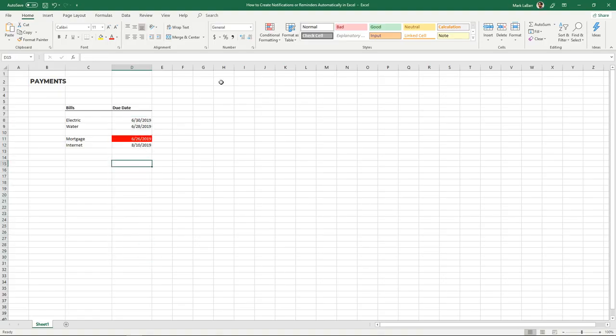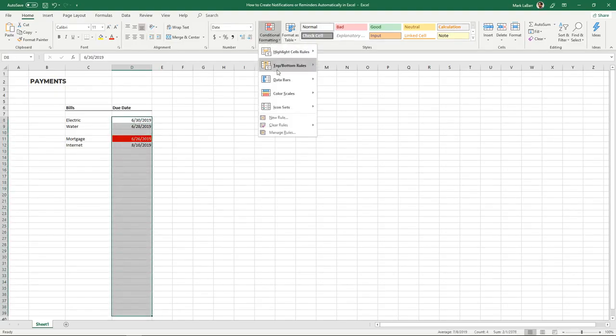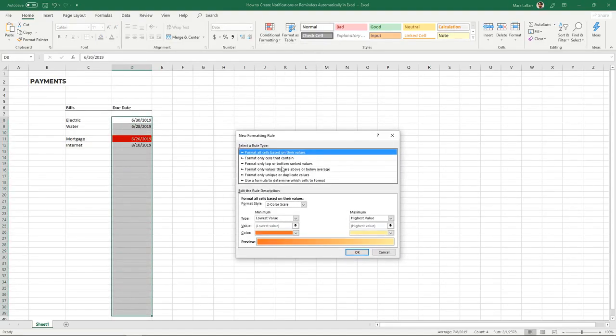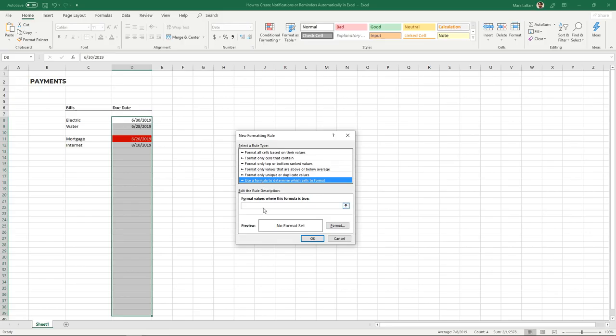You can change the rule if you want to make it highlight if it was 6/30 and 6/28, because those are coming up in a few days. You can change the rule to do that, or if you want to keep the on-today's-date rule, you can just go ahead and select these, conditional formatting, create a new rule, use a formula, and let's say equals AND